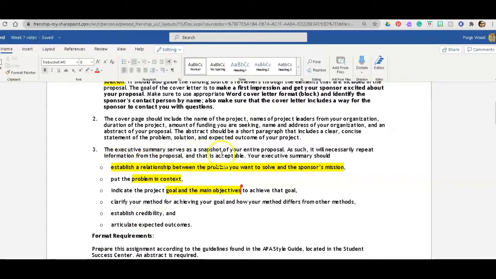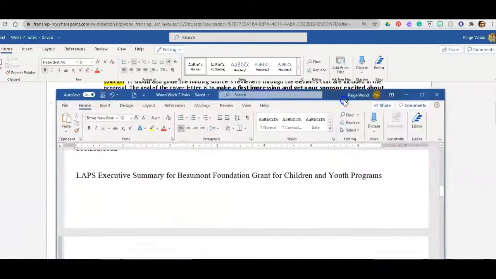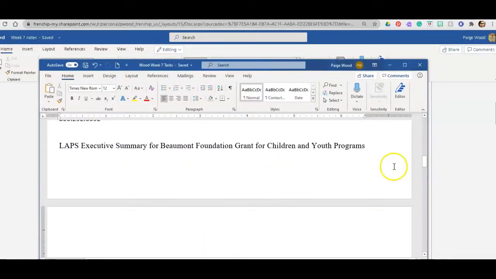The executive summary serves as a snapshot. Establish a relationship between the problem you want to solve and the sponsor's mission. Okay, so I had to research the sponsor's mission. My sponsor, and again, my made up